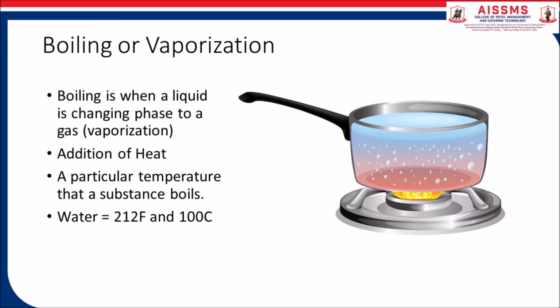Boiling points of some elements and compounds: water, we all know, boils at 100 degrees centigrade. Ethyl alcohol boils at 78.5 degrees centigrade. Acetone boils at 50.5 degrees centigrade, whereas milk boils at 95 degrees centigrade. Evaporation, one example is during the maturation of a spirit. Let's take an example of brandy.